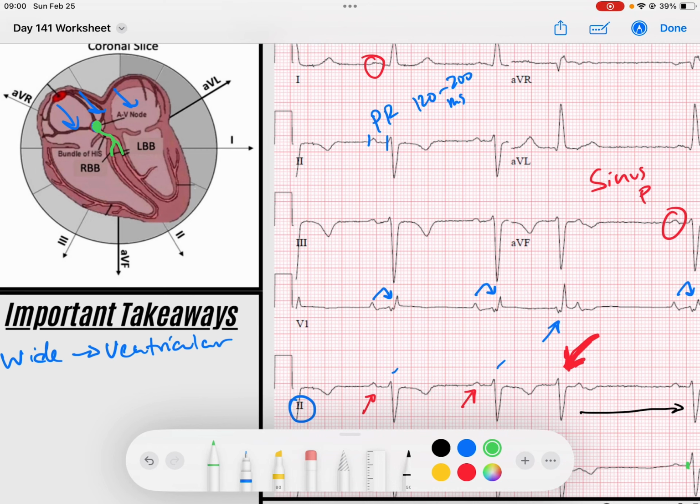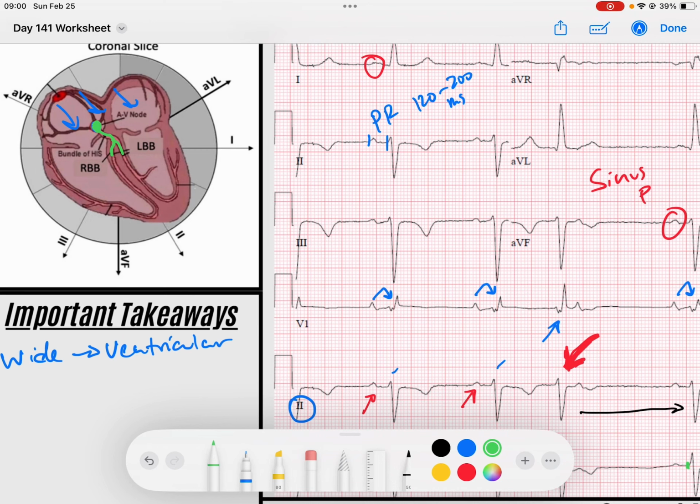Maybe we have a left anterior fascicular block, and on top of that, I would say we've also got criteria. You know, left axis deviation isn't just all left anterior fascicular blocks. Sometimes you can have some minimal criteria for left ventricular hypertrophy, which could also deviate the axis to the left. And if you look in aVL, we know that if